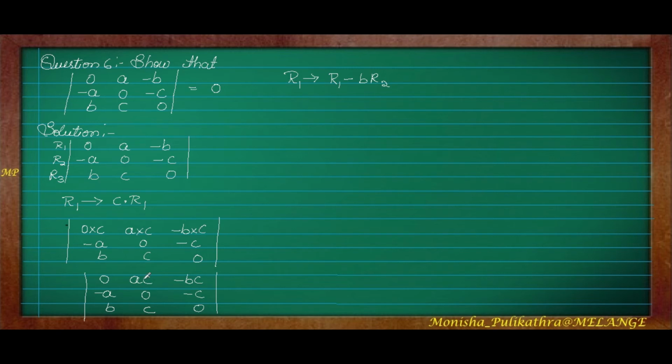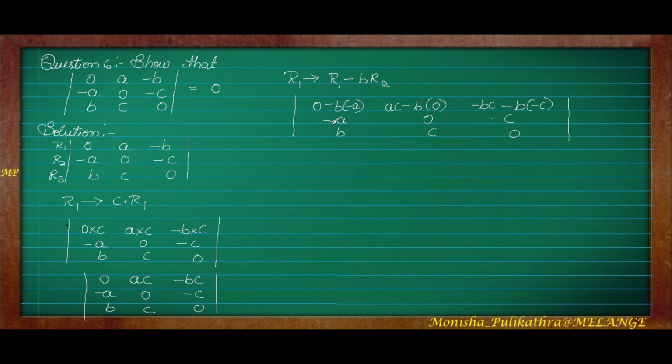So in the second case I have taken R1 minus B into R2. Here R1 is 0, so B you write down, R2 is minus A. Again R1 is AC, minus B, and R2 is 0. One more thing, here R1 first you have to write, that is minus BC, minus B, and R2 is minus C. The second and the third row you have to write as it is: minus A, 0, minus C and B, C, 0. So these are the things you have to write once again.